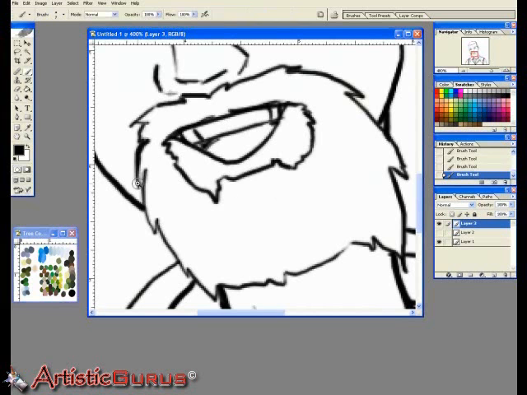So I'm going over the lines, and I'm going to add some varying weights to each of the lines, just to make this mustache or beard, sorry, goatee. I want it to appear to just be standing in front of the face. I want it to pop out a little bit, so I want its lines to be close to or as